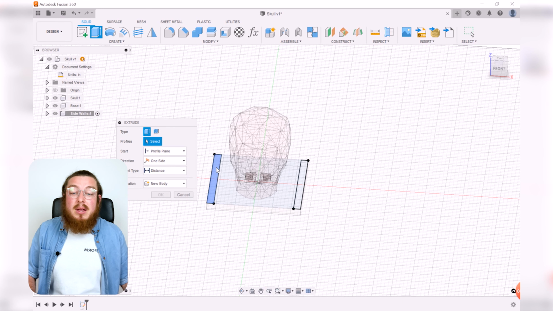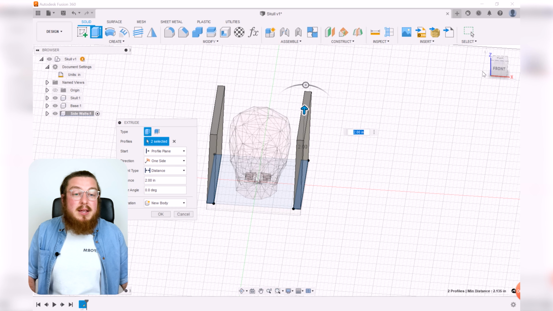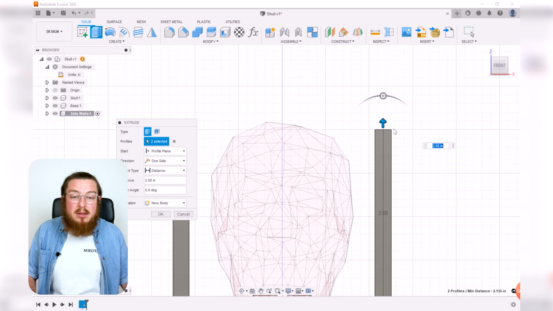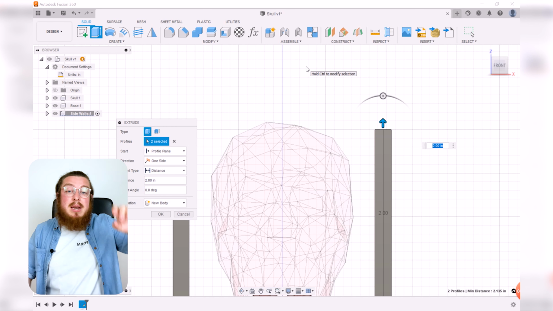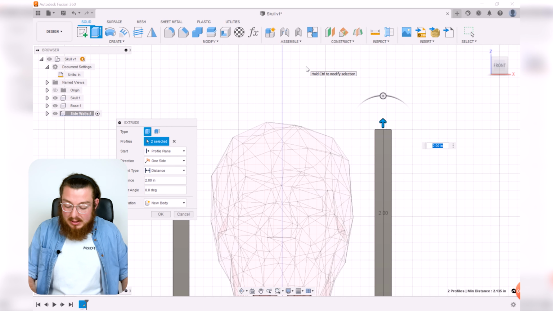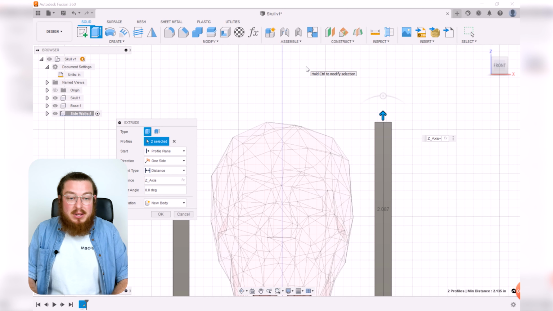So go ahead and click on the 2 rectangles we did. Now, as far as the height, if we just type in the z-axis, it's going to mean that the very top of this lines up with the very top point of our skull. Unfortunately, because we're pouring in some material, it wants to go right up to the line and then a little bit extra on top. So we're going to type in z, say enter,